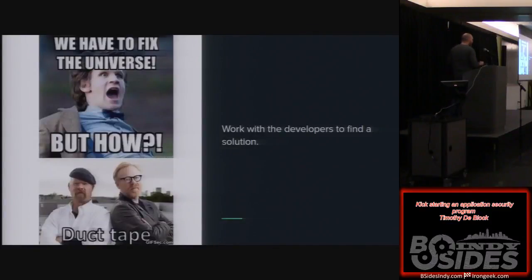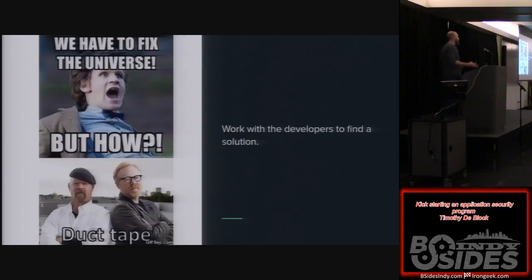And if you're like me, where I had a detriment in application security and programming, I had to ask them a lot of questions. They are very much open to questions. Just don't take them a report and walk away. If you're doing that, it's going to be very difficult to get things taken care of.